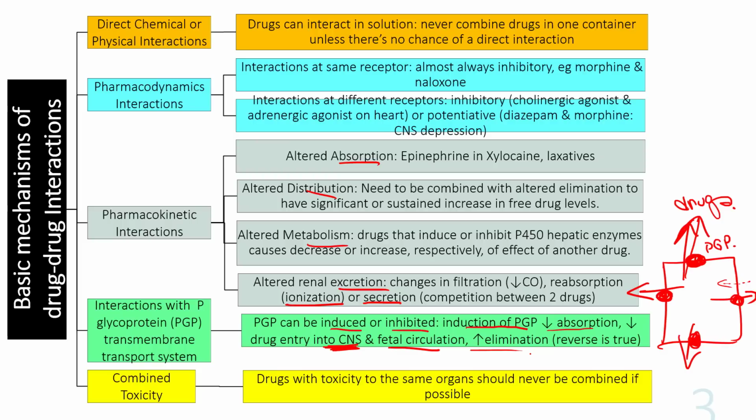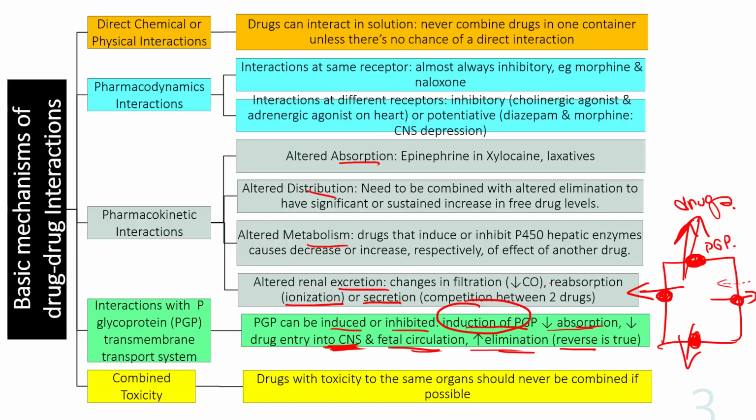And again, PGPs are also found in the kidneys, so again it increases the amount of drug that leaves the peritubular capillaries and kicks them out into the tubules, right? So that's what happens when PGPs are increased, or induced. When PGPs are decreased, the reverse is true. So when PGP is decreased, absorption increases, drug entry into the CNS and fetal circulation increases, and elimination decreases. All right, so that's the story behind P-glycoprotein